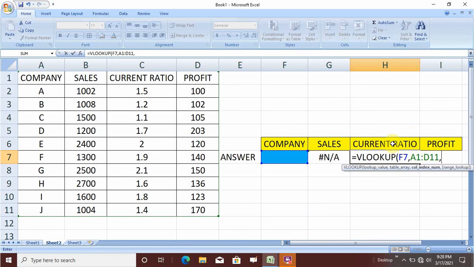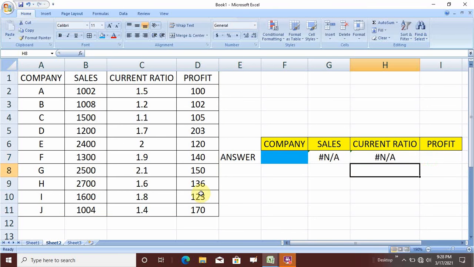Now we have to find out the current ratio. What is the position of current ratio in this table? Company is the first column, sales is the second column, and current ratio is the third column. So we will write 3, then again comma, and last should always be 0. Press enter.